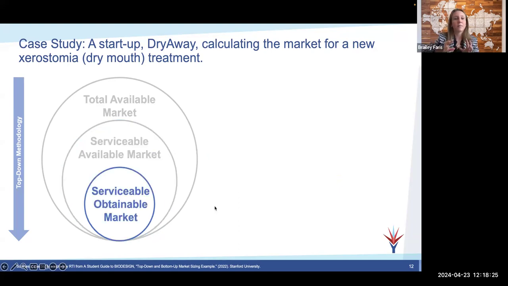Finally, to estimate the SOM, DryAway thinks about what portion of the market they could capture based on their internal capabilities. And the team decides that in about 15 years, they could expect to capture about 30% of this total market. So when you're multiplying that 30% of the market by the SAM opportunity, they get a $645 million opportunity,